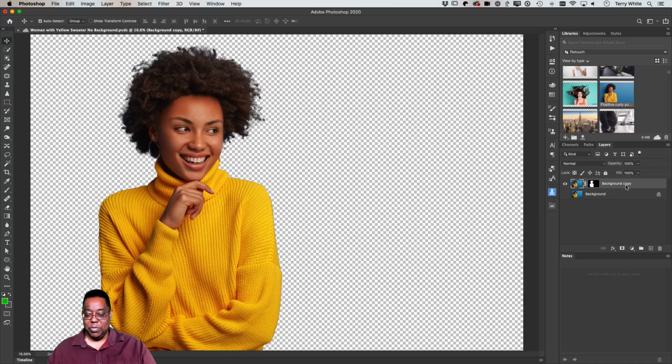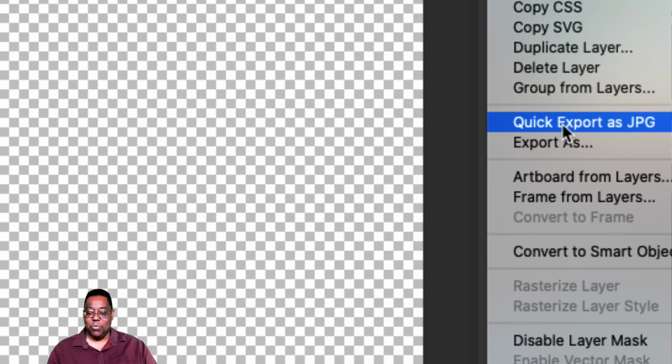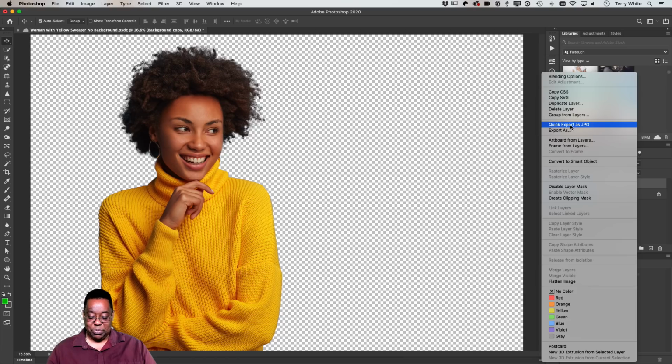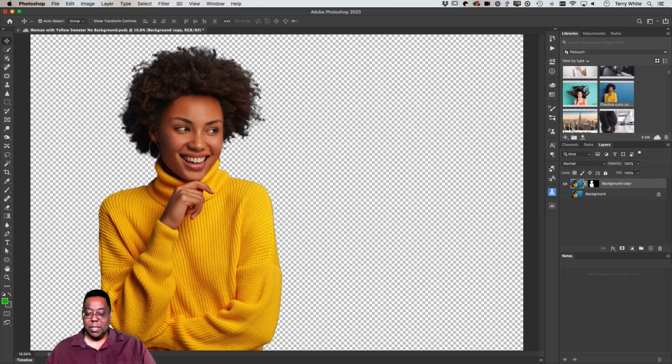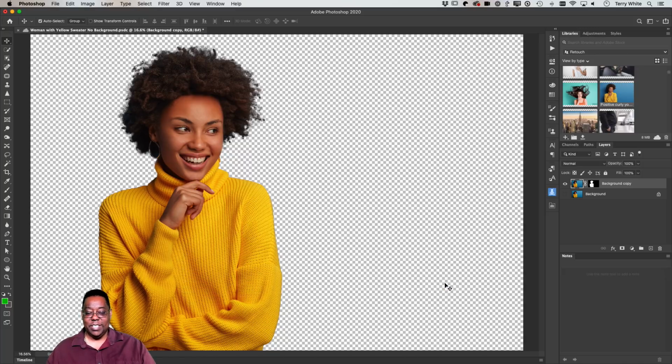If you go to any layer or layer group, you can right click and do a quick export. That quick export will be based on whatever preference you set. I can go into the full Export As menu, but if I just do a quick export as JPEG, it just brings up the option to save it and it's done. So it will be whatever the preferences are. Anytime you quickly need to do an export, you can right click on something to do it.